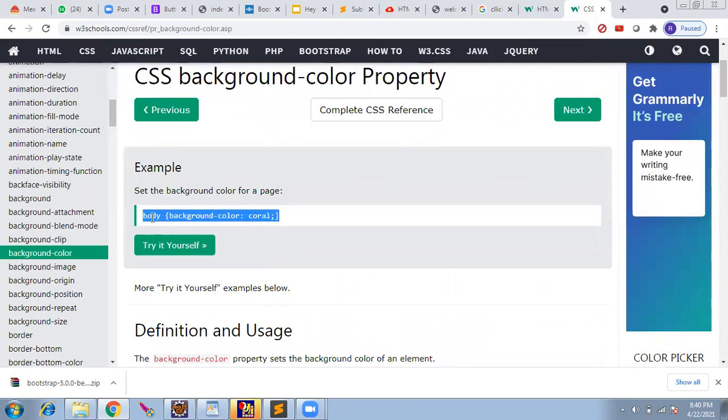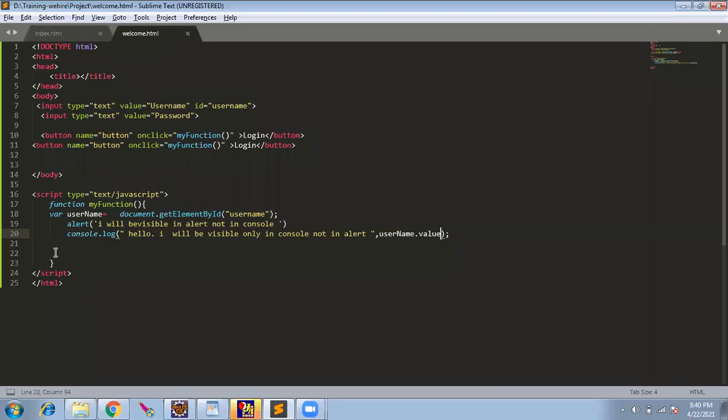So what I will do here: for JavaScript, we gave script. Same way, for styling, we have to give style. Inside the style tag, for applying style to a page, we can do it in different ways. This is one way. If I give it like this, it means that in the body tag, wherever you see this tag, you apply the background color coral.